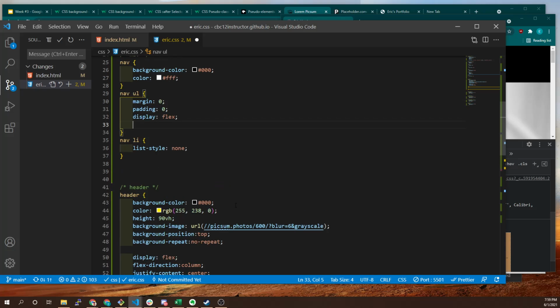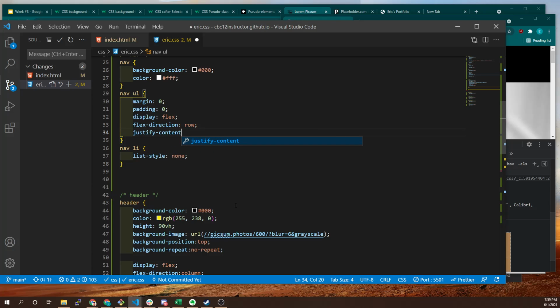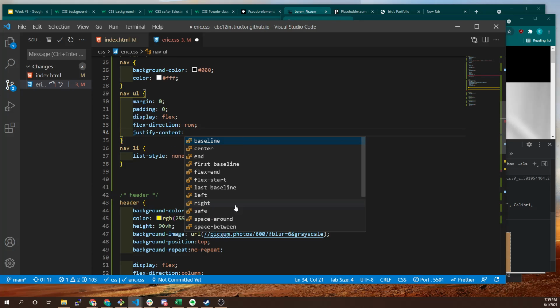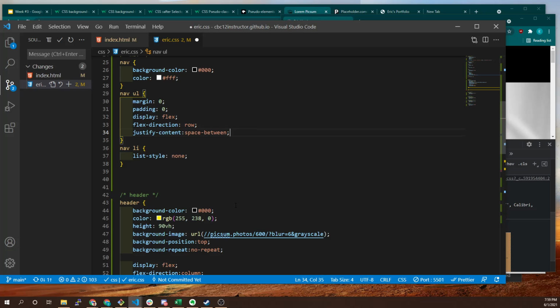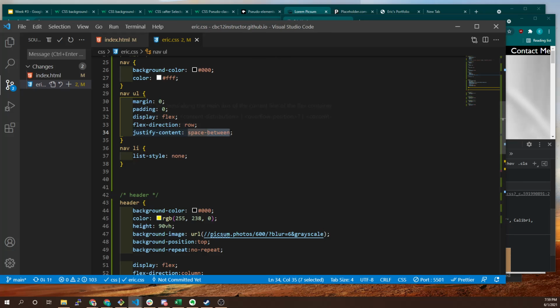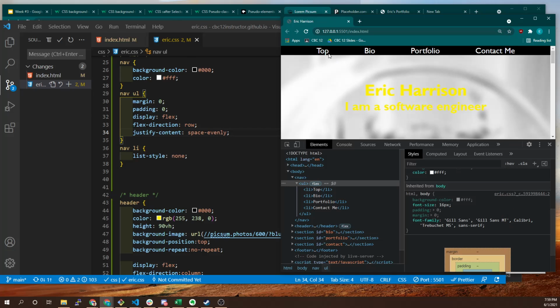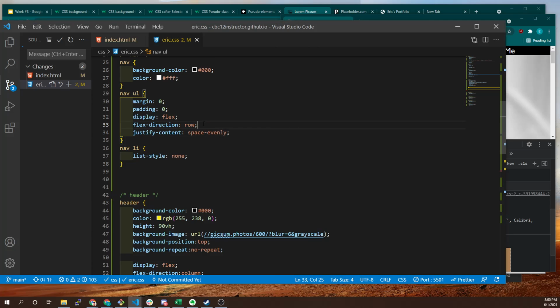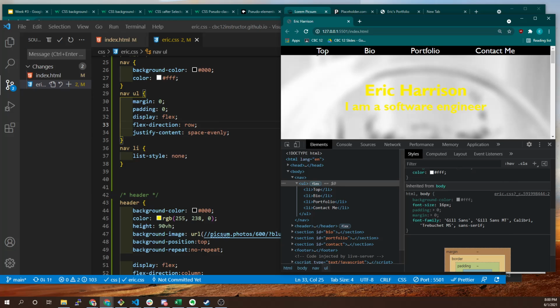We used flex direction, but we want this to be a row, right? We want to do justify content. We want this to be like a space between, maybe? Probably a good one to start with. Well, that's space evenly. Let's do space evenly. Okay. Yeah, that looks pretty good. I'm not crazy about the font, but you can see that if these were links and each of these took it. Now, the first thing that jumps out is like, hey, we probably want this to be,